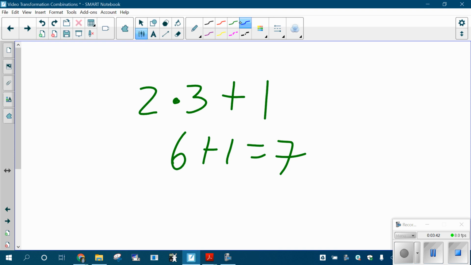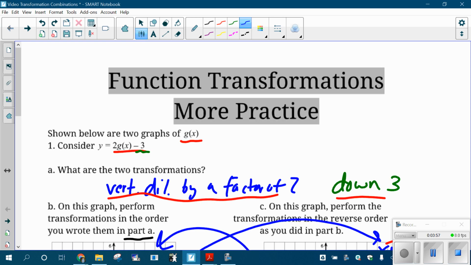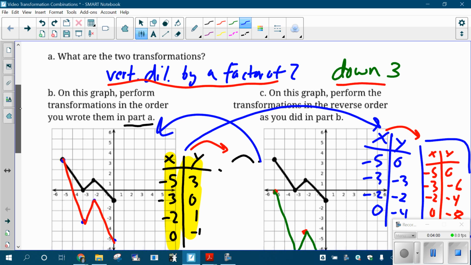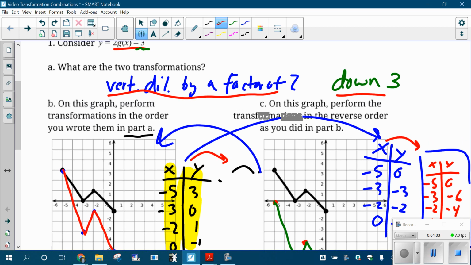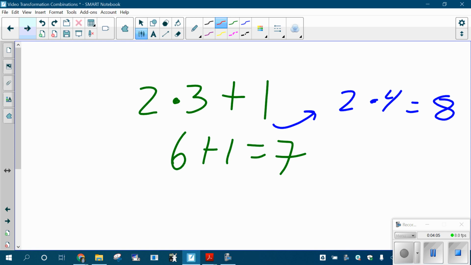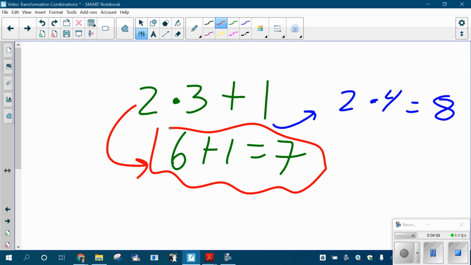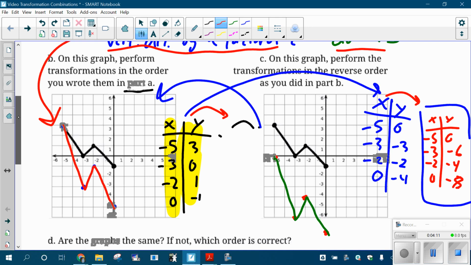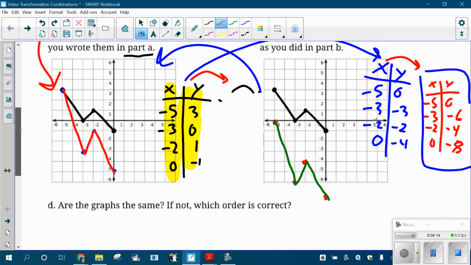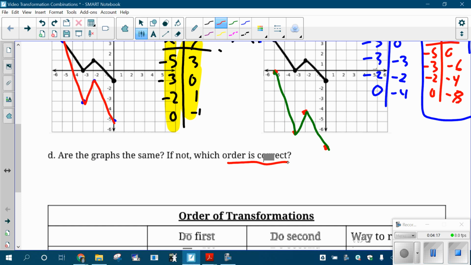If instead you did the 3 plus the 1 and got 4, and then did 2 times 4, well, you'd get 8. That's just 2 operations. The order that you do them in matters, okay? And which way is correct? A lot of you guys probably would do it this way without even thinking about it. For the same reason that you would do it this way, which is the correct way with numbers. And that's because it makes sense to do the multiplication first, okay? So these graphs are not the same. Which order is correct? Doing the multiplication first and then the addition is the correct way to do it in